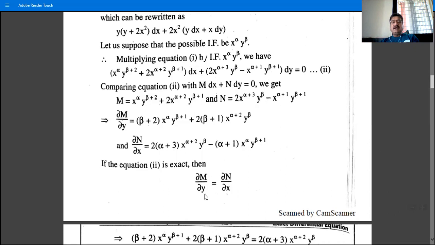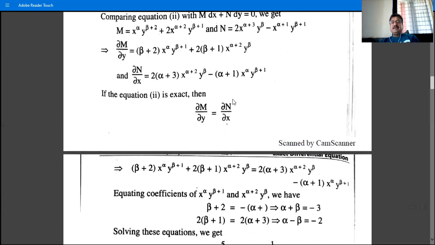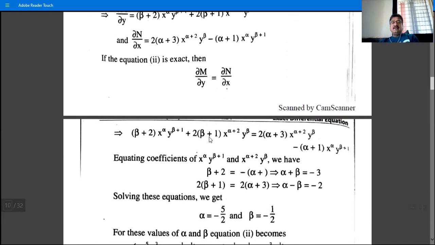and therefore ∂M/∂y is equal to ∂N/∂x. So we have these two equal. So write ∂M/∂y as this and ∂N/∂x as this, and then compare the coefficient of x raised to α y raised to β+1. So in the LHS it is β+2. In the RHS the coefficient of x raised to α y raised to β+1 is −α(α+1). So β+2 is equal to −(α+1),